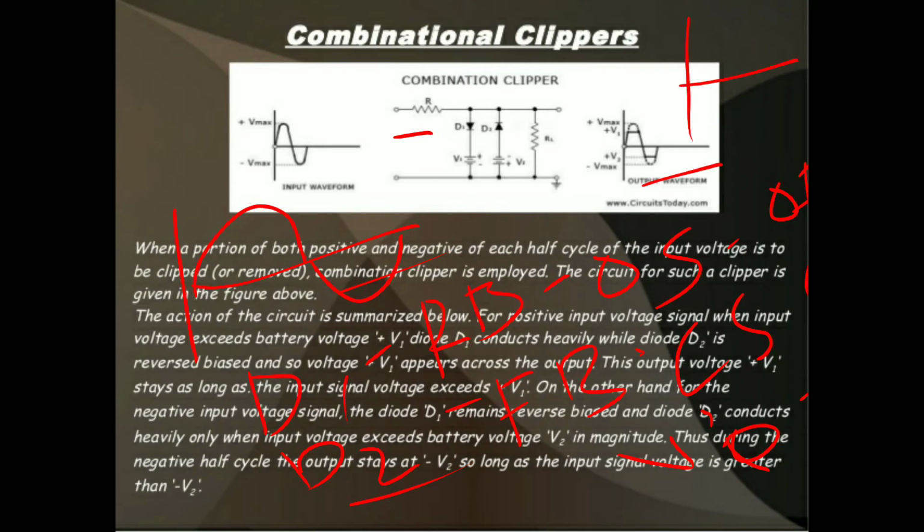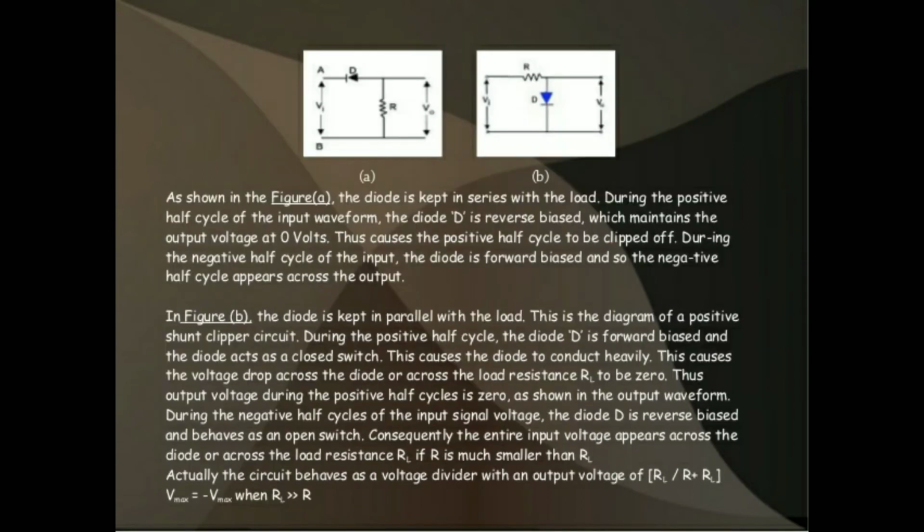That means we are getting the output like this. This is input and this is output. This peak will be clipped off because it is unwanted. Only the reference voltage is the wanted signal, and only that will appear at the output side. So that is known as the combinational clipper. When both the diodes will be in on condition, means both the diodes are in